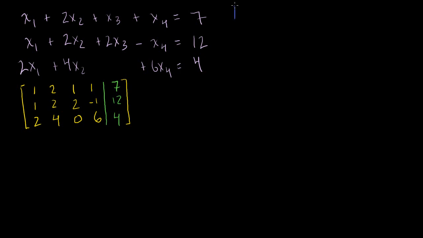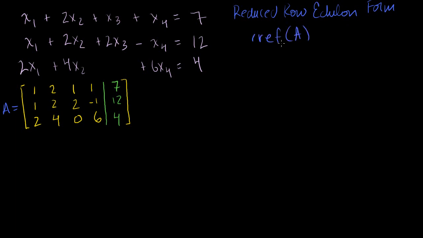Let me write that. Reduced row echelon form. And if we call this augmented matrix matrix A, then I want to get it into the reduced row echelon form of matrix A. And matrices, the convention is, just like vectors, you make them nice and bold, but use capital letters instead of lowercase letters. And we'll talk more about how matrices relate to vectors in the future. But let's just solve this system of equations. So the first thing I want to do is, in an ideal world,